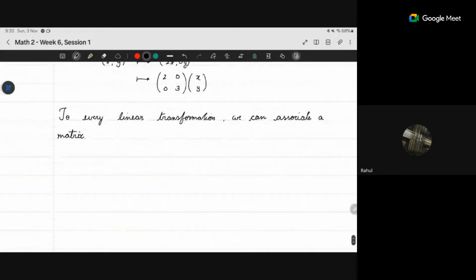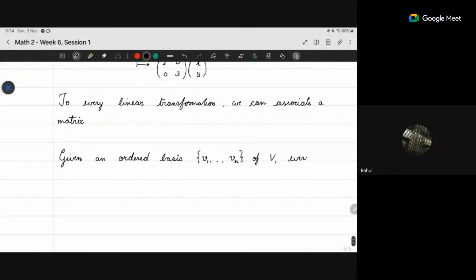Given any vector space, I'll just take an ordered basis. An ordered basis means it's not just a collection of dimension-of-the-vector-space many vectors. It is an ordered collection. Order also matters. So this basis (1, 0), (0, 1) is different from (0, 1), (1, 0). So the order in which you write them matters. So that's what I mean by ordered basis. Given an ordered basis v1, v2, ..., vn of a vector space V,